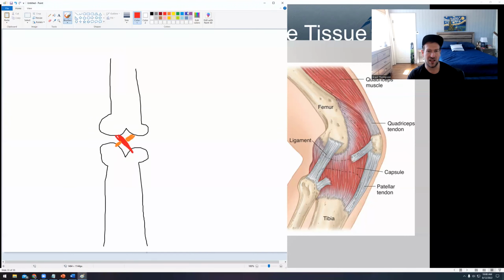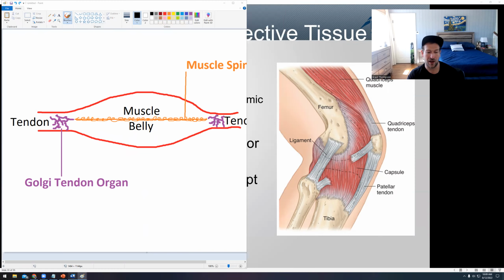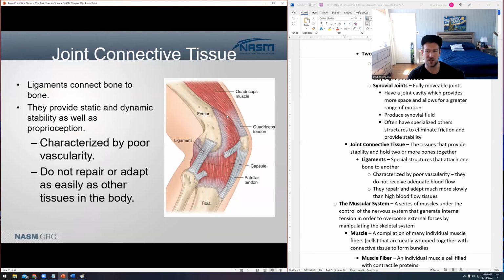Create the LCL over here. That's the lateral side. And then the MCL over here. That's the medial side, right? Those four ligaments are the ligaments that we find in the knee. And that's going to hold those two segments of bone together. Now, they look just like tendons whenever we're drawing. And the reason why is we want to draw them that way. We draw them that way specifically because